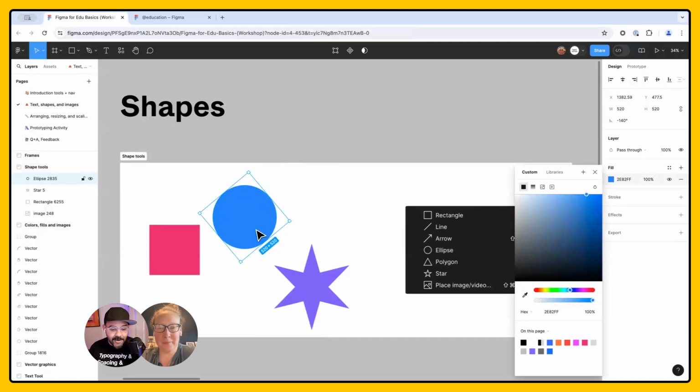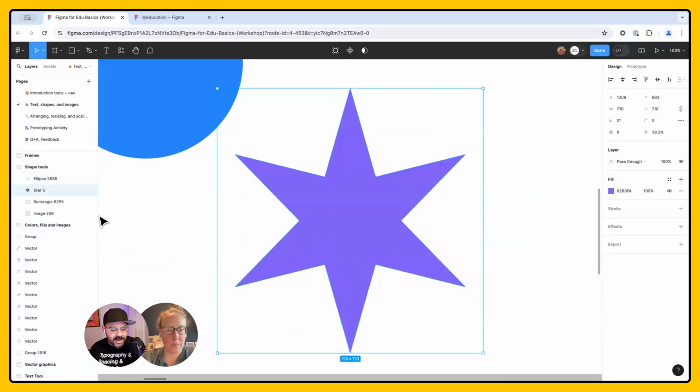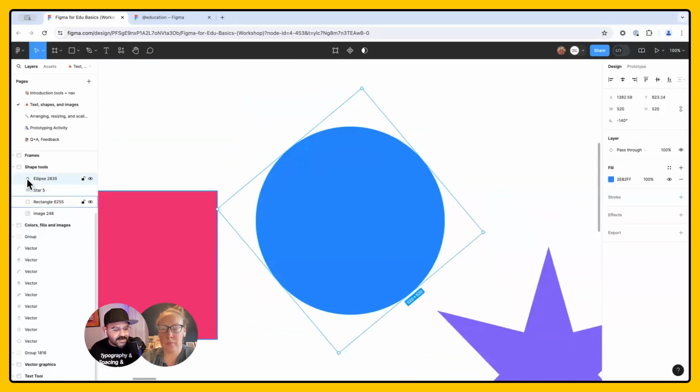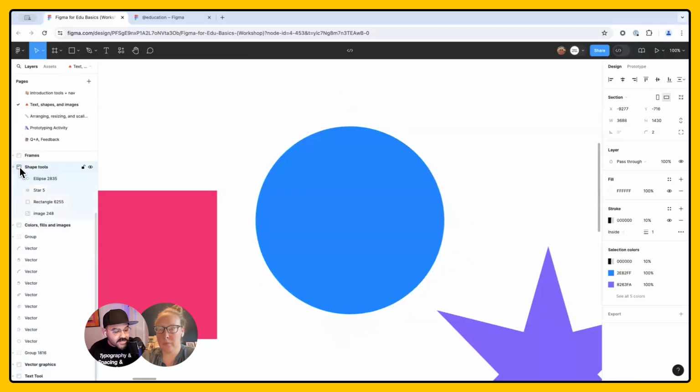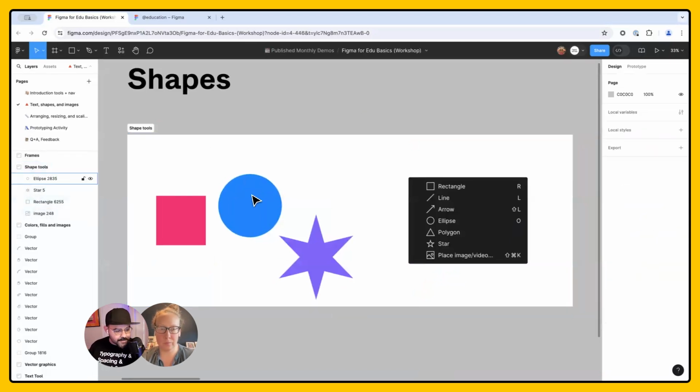Awesome. Now you can see that as I select this object, if I want to zoom in on anything, let's say I'm over here in my layers panel and I see this star underneath that circle, that ellipse, I can double click on it and it'll zoom right to it. I can double click on this one, it'll zoom right to that one. I can double click on the section where I just was, and you'll see that it zooms back out to that. So by double clicking on those objects, I can go to each one.